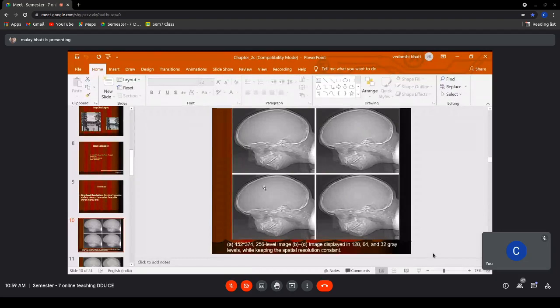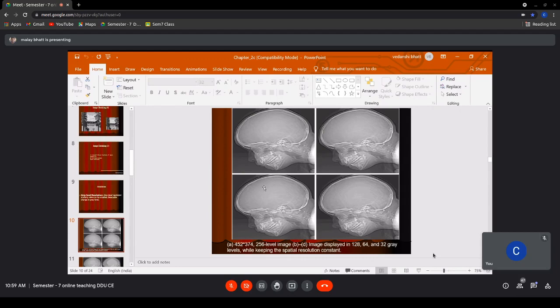It is m cross n cross L, where L is the number of gray levels. L is equal to 2 raised to k, the number of bits required to represent a particular pixel. So in the first one, it is 2 raised to 8 because 256. In the second one, it is m cross n cross 2 raised to 7.